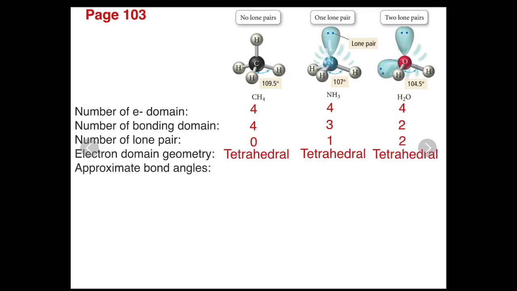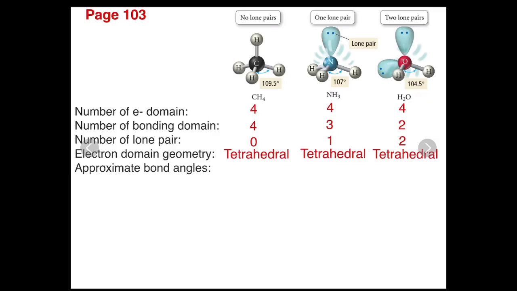Okay, now the approximate bond angle. If you see the actual value that is reported here, I don't want you to memorize this, but what I want you to know is the relative value. This is the ideal value that you will need to know. But when you introduce lone pair, you don't need to know the actual bond angle for those, but you need to know the relative value of it,